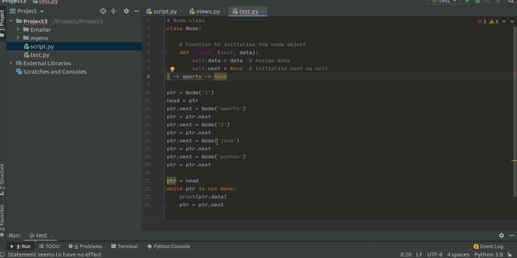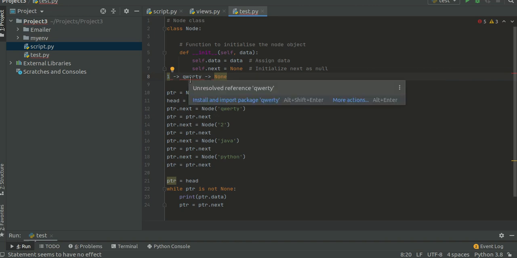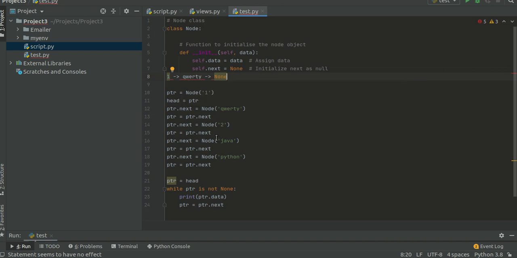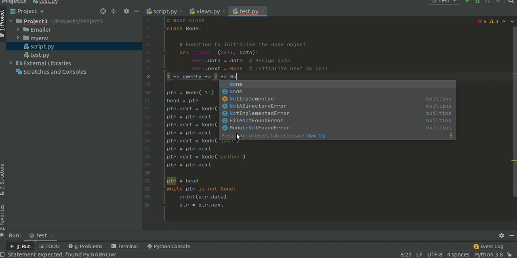Then ptr is equal to ptr.next. Then we move over here to QWERTY. We move the ptr to QWERTY. Then we instantiate another node with ptr.next, 2. So now it becomes 2 and then again None.